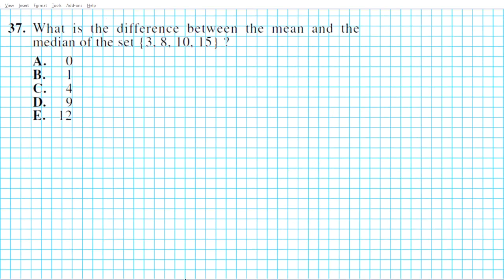Alright, let's take a look at question 37. It reads, what is the difference between the mean and the median of the set 3, 8, 10, 15? Alright, so let's go over our formulas before we get started. We have two formulas that we need to call to mind. The mean formula is sum of numbers divided by the number of numbers. How many numbers do you have in the set? And then median